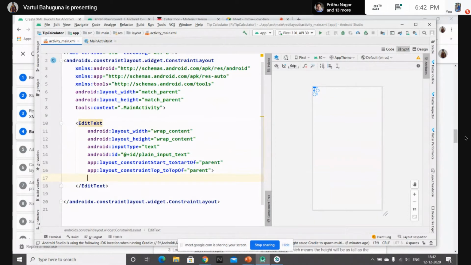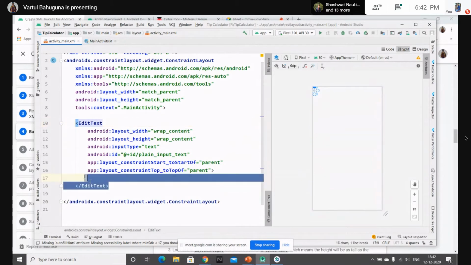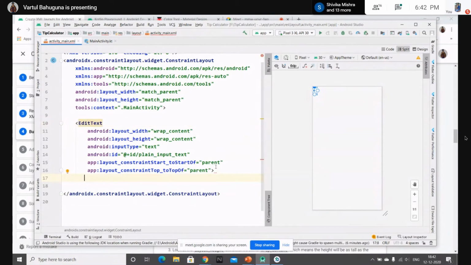But still, it's showing us a yellow line, a warning, and that's a suggestion that if nothing is contained between the opening and the closing tag, you can just use the shorthand. That is, for ending the tag, just write a slash at the end, and here our tag is closed.